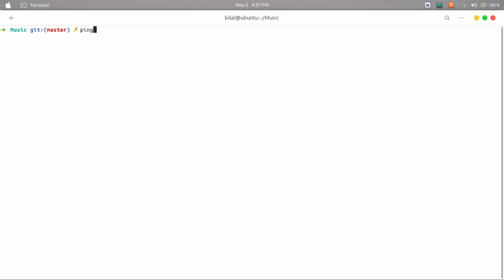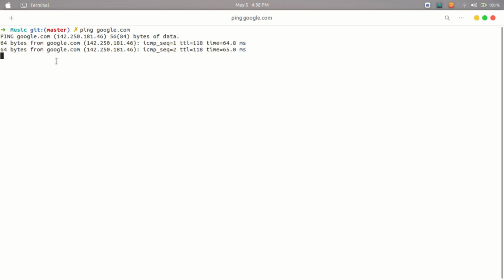The next command is going to be ping. So ping will basically show you the data packets that you want to access from the server. Alright, so let's type google.com. If you click on it,